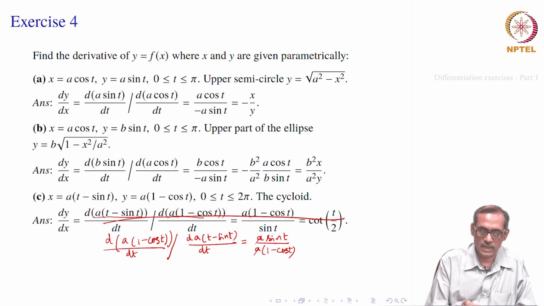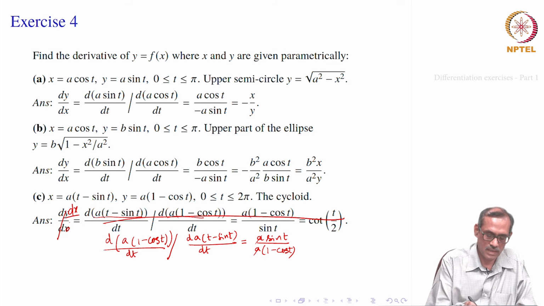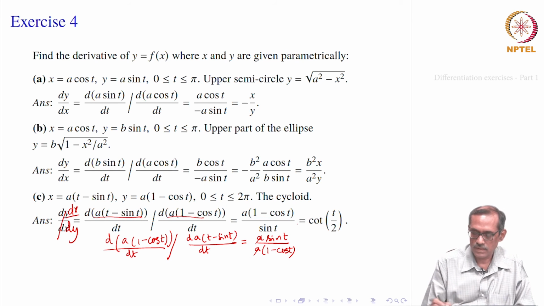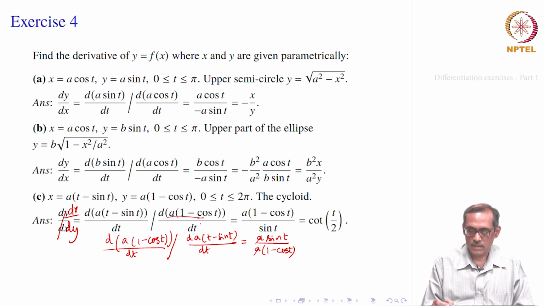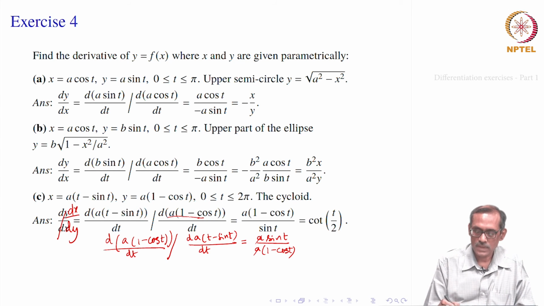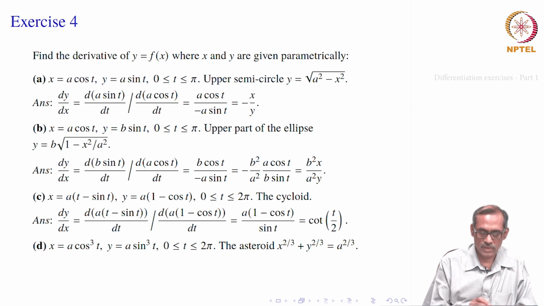So, what we calculated here was dx by dy, not dy by dx, if you take it as given. If you want to compute dx by dy, that will be equal to the top one, whichever is given. Okay. So, that is how we will be proceeding, and this is sin t divided by 1 minus cos t. Okay. So, let us go to the next one.